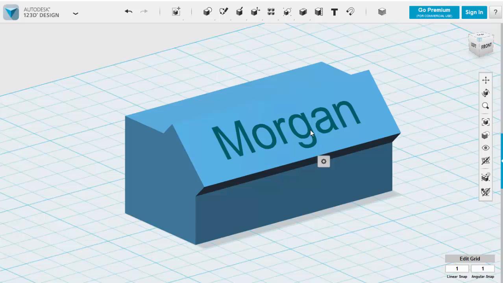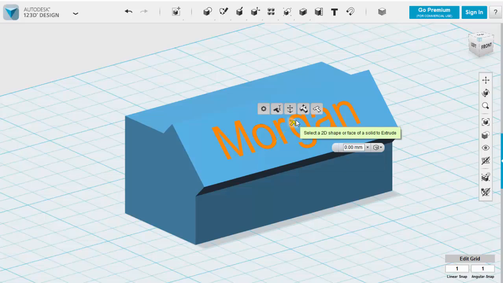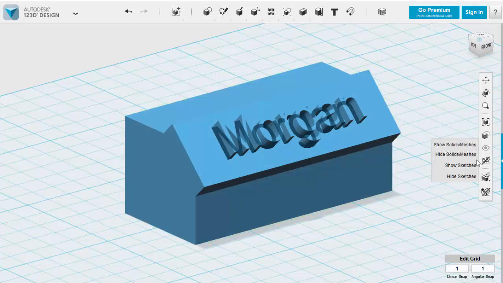So I can click on my text, click on this little icon or hover over it, and choose this one that says extrude text. Choose extrude, in the same way as before, I can pull it out, say 3 mil out, click off it, and although that looks a bit weird, it looks weird because it's still got what's called sketches switched on. So if I come over here I can say hide my sketches,